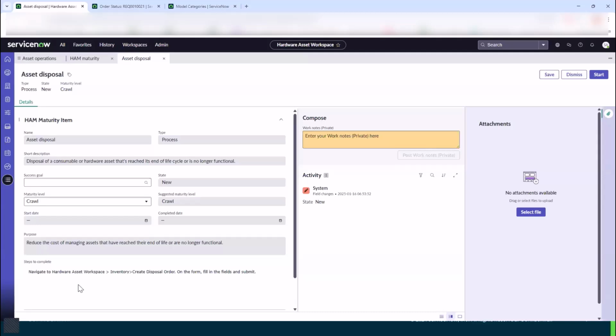Right. So there's a lot of risk associated with not disposing of your assets properly, not to mention the security, PII, and so on. So what the disposal flow does is allow you to track that and to actually successfully and properly dispose of those assets. And it tracks it from the minute you create a disposal order, you add those devices to it, you ship it, the other company receives it, and you can't actually close that disposal order till you attach a